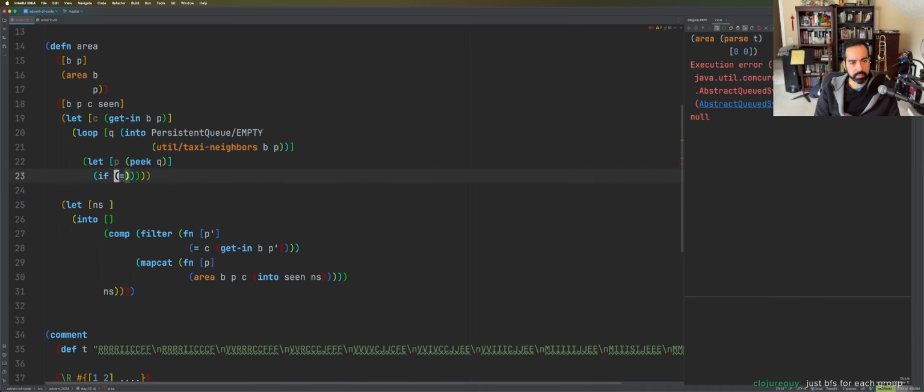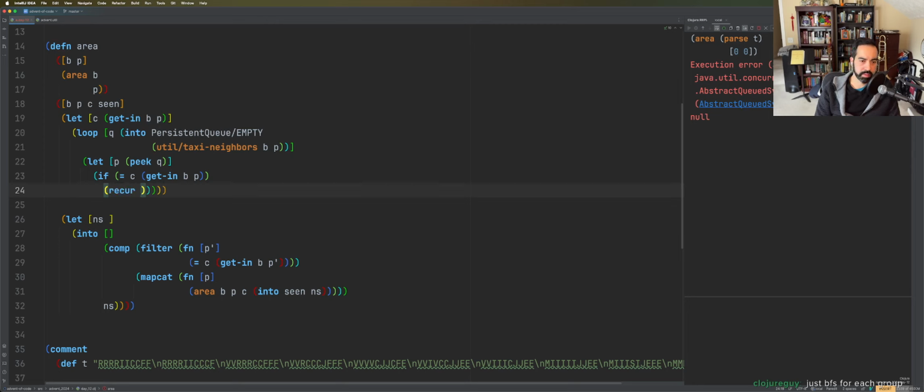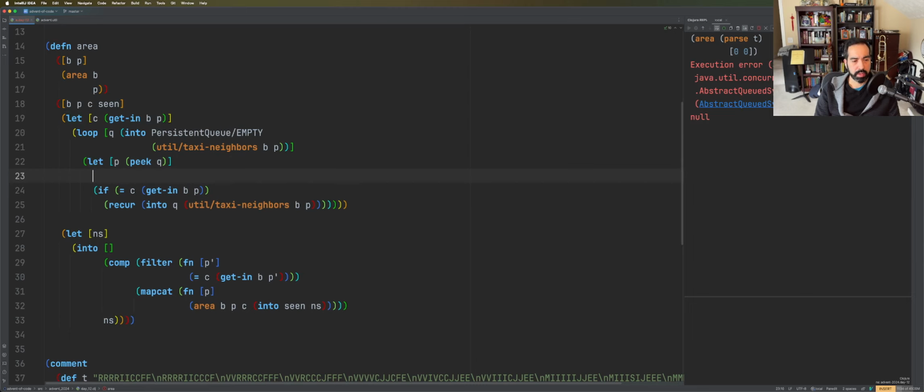If equals get in P, get in board P our character, then recur with into Q taxi neighbors of P. I just rebound P, I think. I did. Let's do P prime. P prime. Well, we need to do